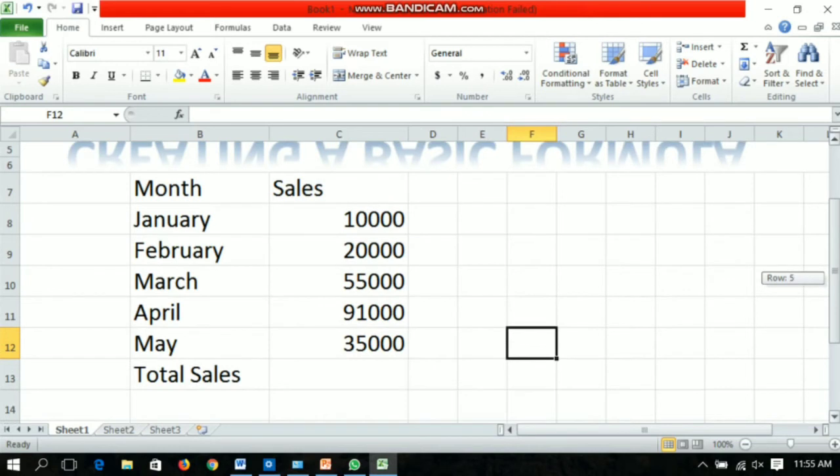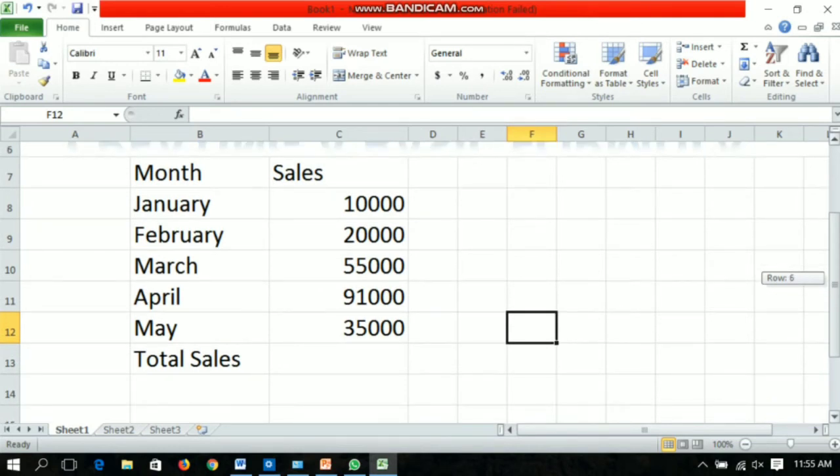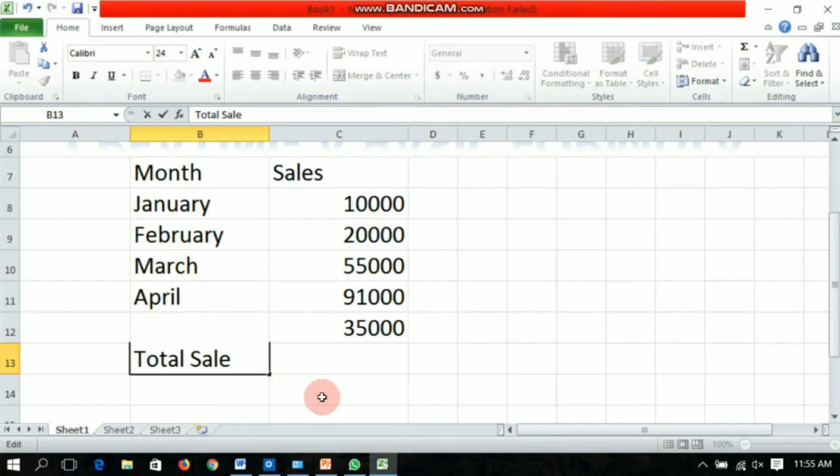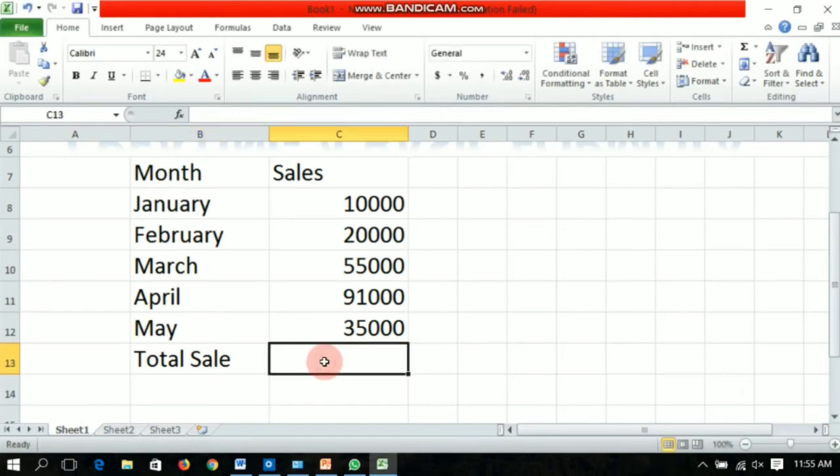What we have to do is find the total sale of all these months from January to May. That means we have to add all these numbers.